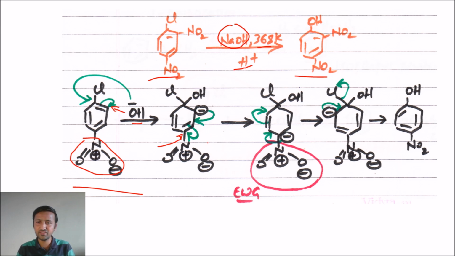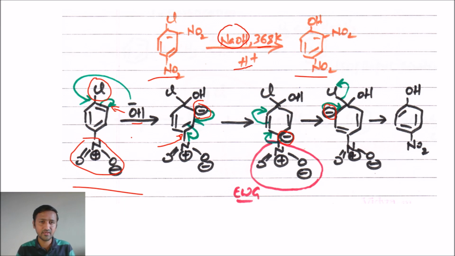Okay, so if we see further resonance structures here, one thing is clear, right? With respect to chlorine, 2 positions are electron rich positions. You can see here, this is ortho position, this is para position, and then ortho. So ortho and para positions are electron rich positions, right? And you can see in meta there is no negative charge present, right? So comparatively, ortho and para positions are electron rich positions, and if you place any electron withdrawing group on such positions like ortho and para position, it will stabilize the carbanion, right?